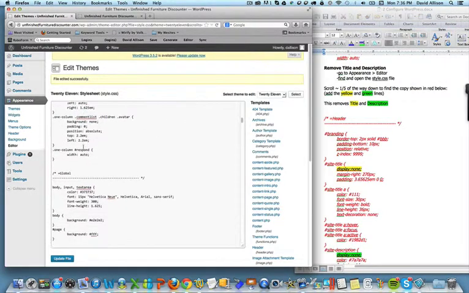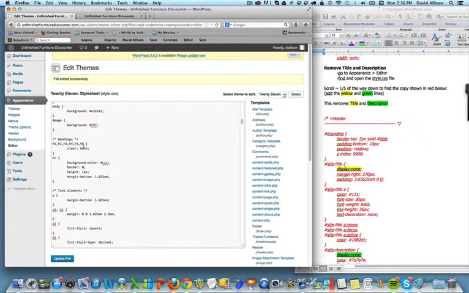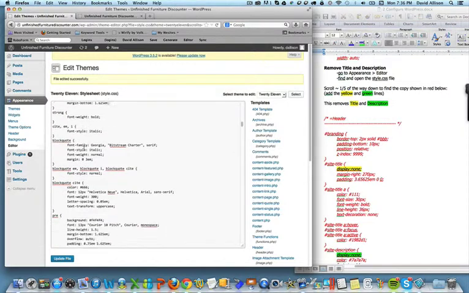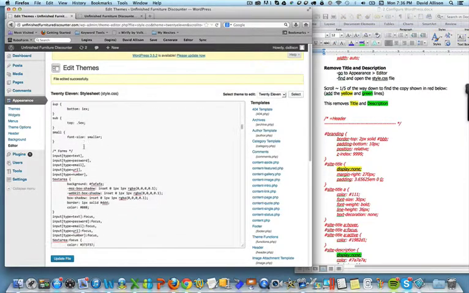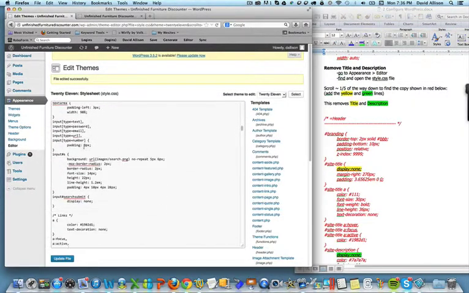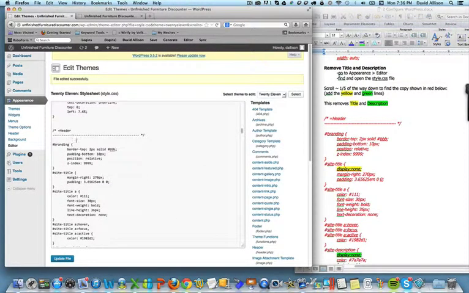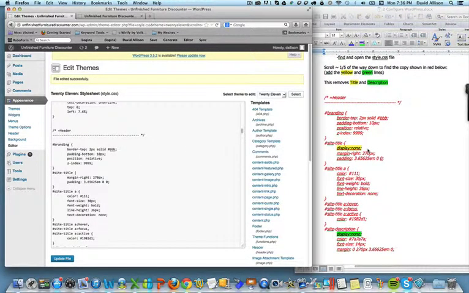And it's not that easy to find these sections. Here it's headings, that's not it. A little further. We'll come across it in a minute. There we go. It's under this section called header and then branding. So what we need to do is the highlighted yellow portion needs to be inserted. So under where it says #site-title,